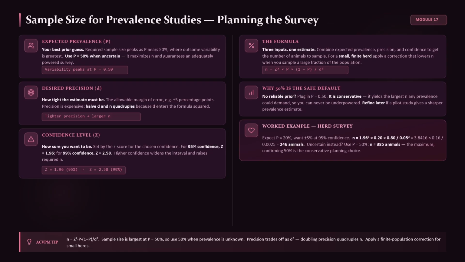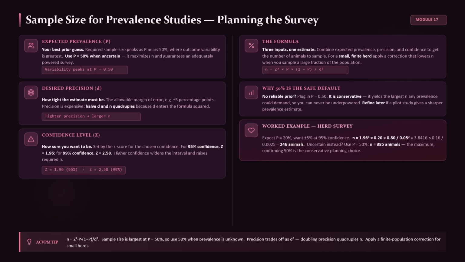Estimate prevalence in a population. How many animals do you actually need to test? Let's turn that into a number you can defend. This is one of those topics where students either have it cold or freeze completely on exam day. Let's make sure you walk out with a clear framework, because the logic is genuinely simple once you see the